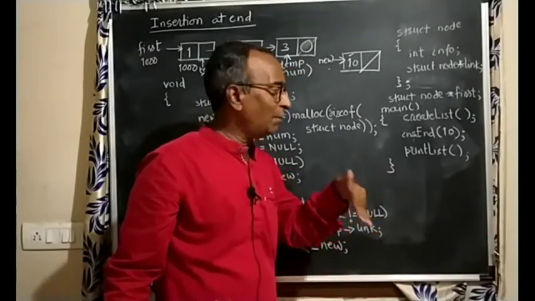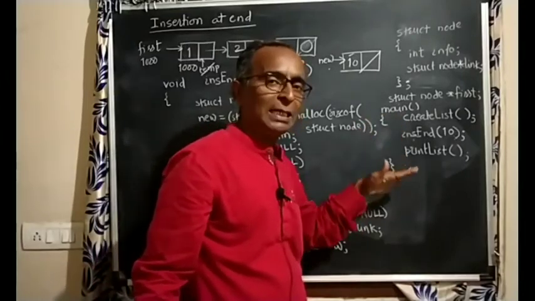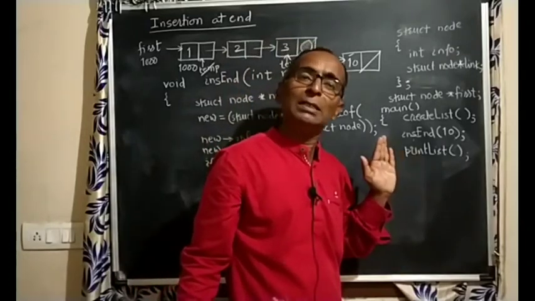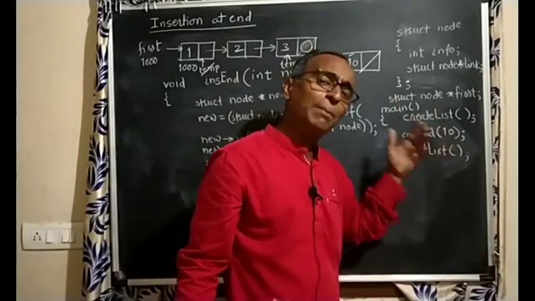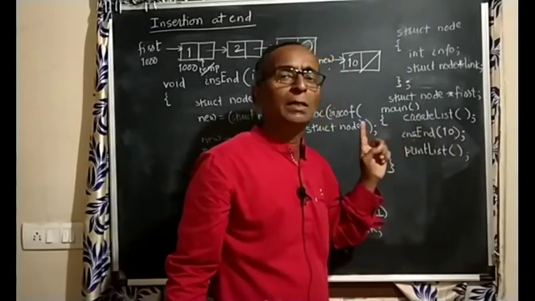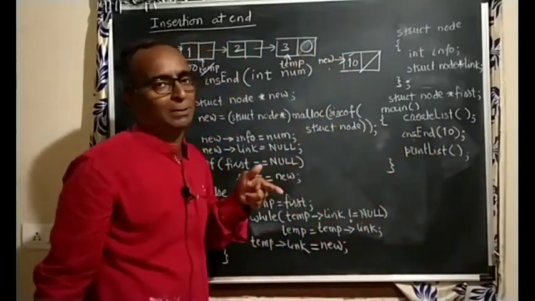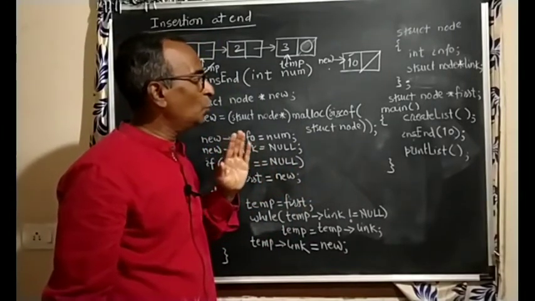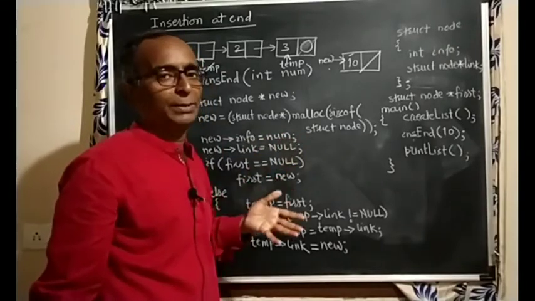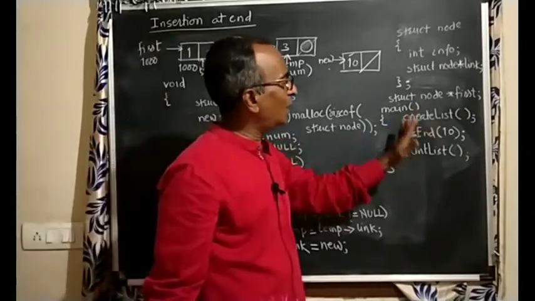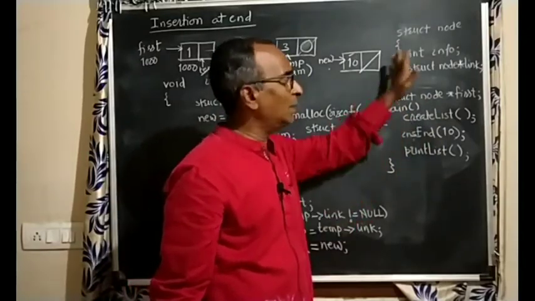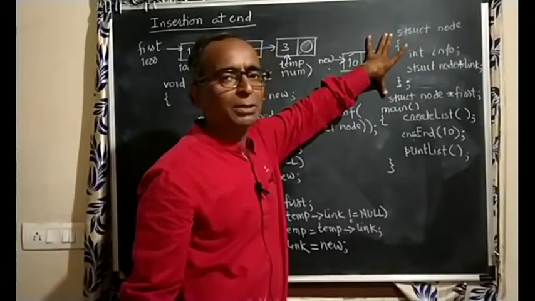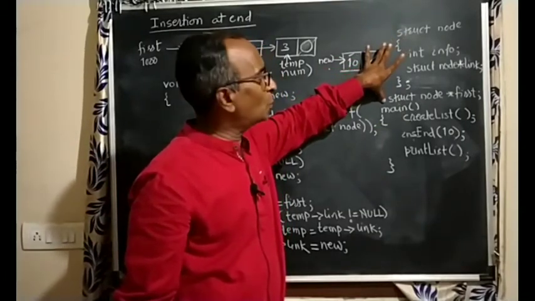Why? Inadvertently, if any of these functions changes the first node's address, then there will definitely be a problem, and finding it out is difficult. So always use local variables. Then you may not get errors in that case. Here the writing will be very easy if you use a global. This is global. So before all functions, you declare the structure and the first node's address.